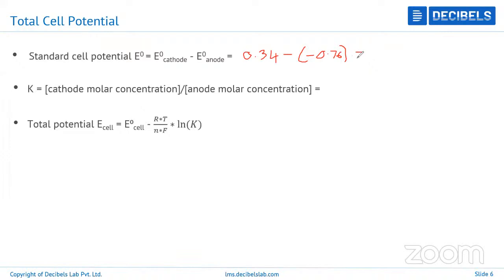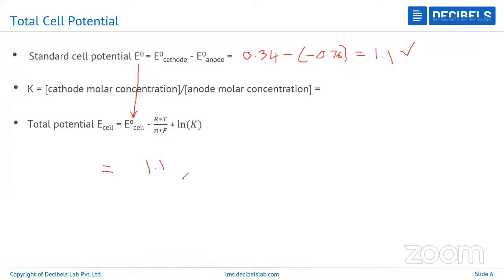right? So what is the sum of this? What is the final answer? It should be 1.1 volt. So this should be your standard cell potential E naught, and this is the value E naught that we'll be using over here in the final equation. Yeah. So what we're going to do now, we're going to calculate. So E cell is equal to